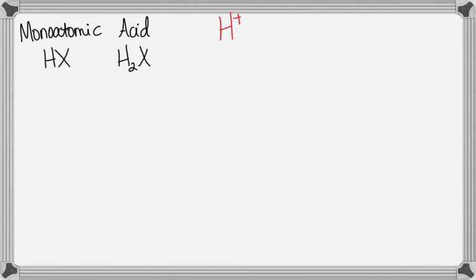The way you name a monoatomic acid is always like this. Hydro blank ic acid. Hydro, and then you got to fill in the blank, and it's going to end in ic acid. Now, what goes in the blank is the name of what the X is. Okay? For example, if I made an acid and I put an H in front of a Cl. Guys, Cl, what's the name of Cl? Chlorine. What charge does it have? -1. How do you know it has -1? Group 17. Okay, so what's the formula of an H with a Cl?